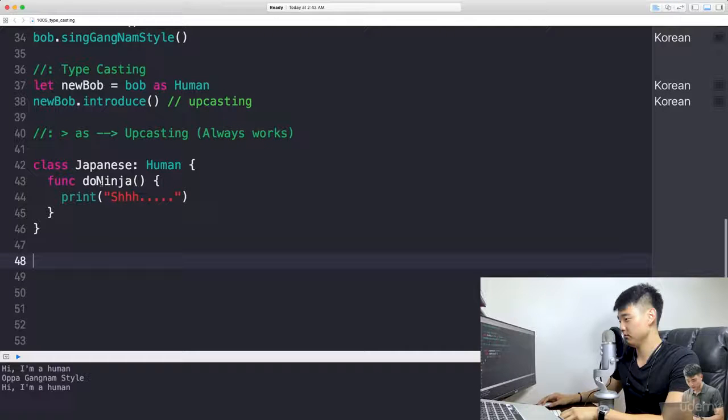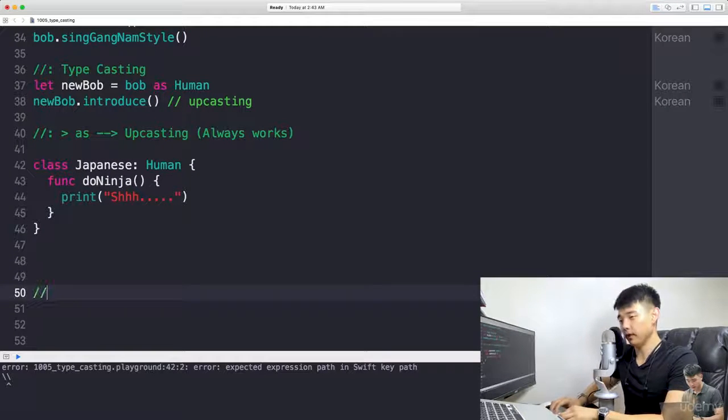Let's create a dummy called Japanese as well. Human, Duna Ninja. All right, doesn't mean much. I'm going to use it for a later example. Okay, so I'm going to give you an upcasting example with the Swift language. So upcasting with